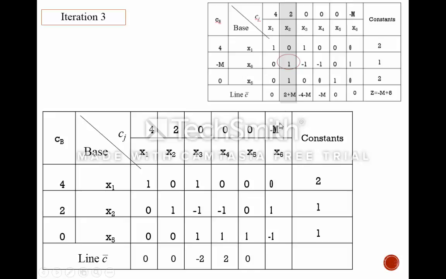And the last is minus m, minus 4 times 0, minus 2 times 1, minus 0 times minus 1, and the result is minus m plus 1. So we get the z2, there's 10,